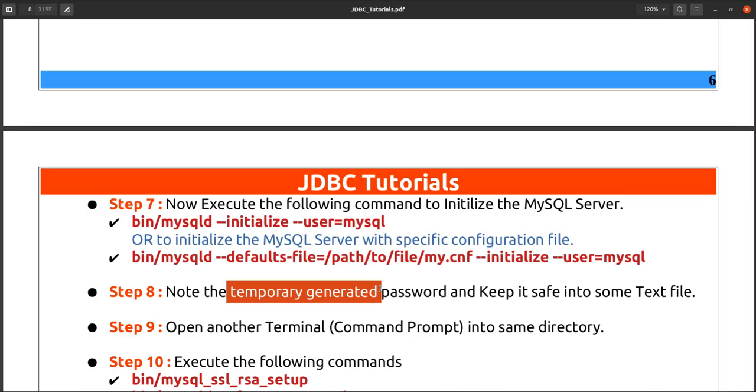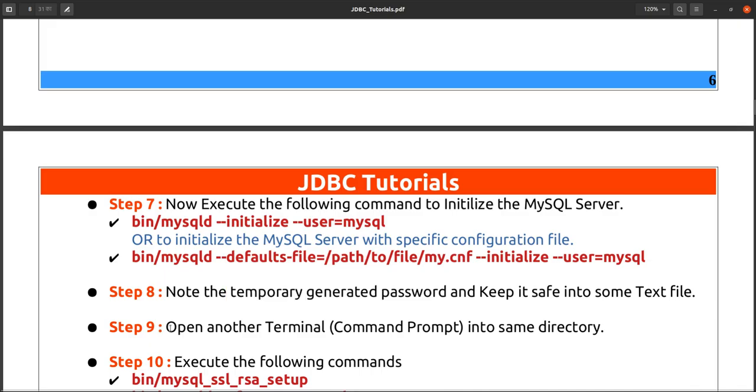If we don't remember that password, then we cannot log in at all, because the default password has to be set. We can use that temporary password, or we can change it. That's why we need this password, so please note the temporary generated password.